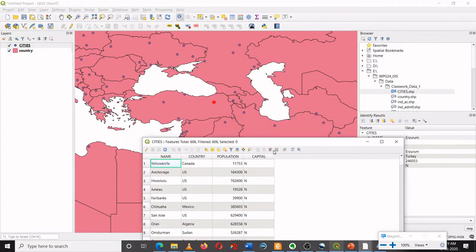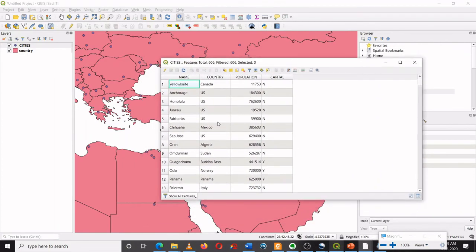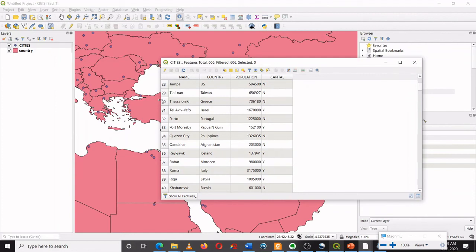For example, I can do similar exercises again. I can click the city over here, and all those cities will get highlighted in the map. I can have multiple selection by pressing control.